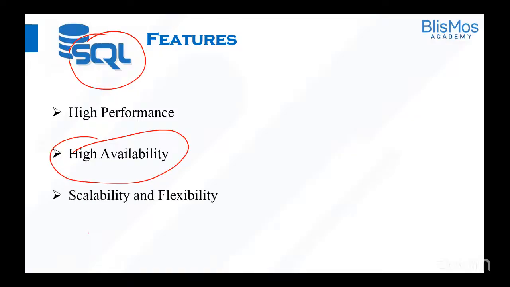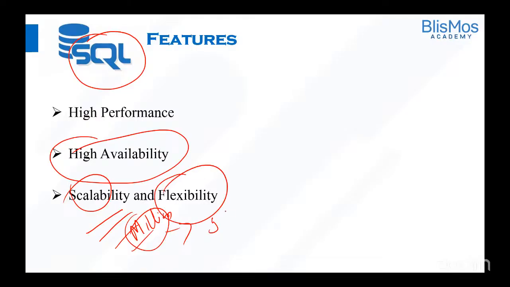And also, if you want to store more and more rows, yes, you can store it; that is scalable. Let us say you have some million records now. Because of business expansion, if the number of rows needs to be increased by another 9 million, yes, you'll be able to do it. And also flexibility. Flexibility means you can scale up or scale down. If the business goes down, you can also delete the number of rows.